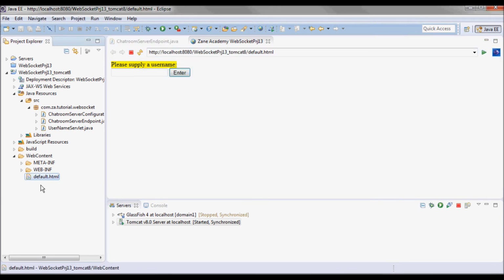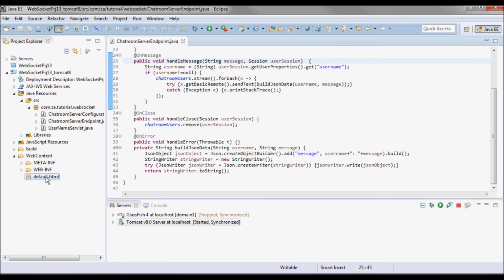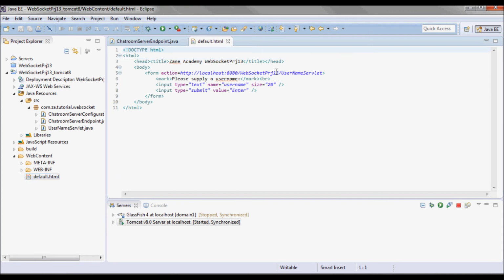So let's go to default.html. There is a better way than hard coding the project name, but for the purpose of this tutorial I'll just do it this way for simplicity.